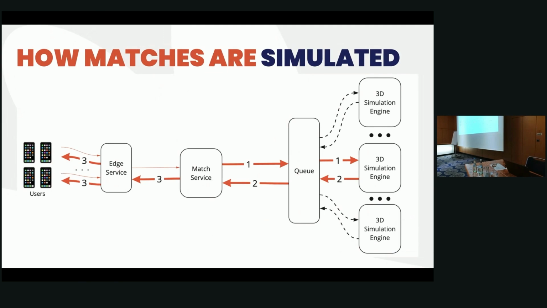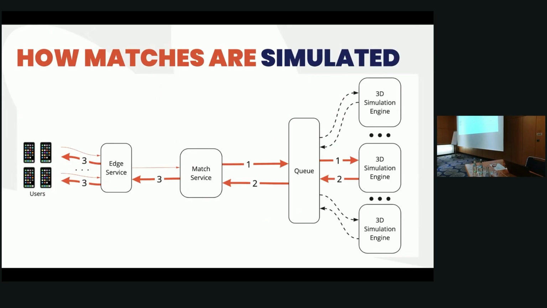When there is an important part of the match, or a highlight, the match will request 3D rendering for that part. It will send a request to the 3D simulation engine. It will send it to the queue and wait up to 5 seconds to get a response. On the right side, an idle 3D simulation engine instance will consume that request. It will generate the 3D highlight, which takes about 2 seconds, and it will use 100% of CPU while doing so. After that, it will return the response to a queue, which the match will consume and broadcast